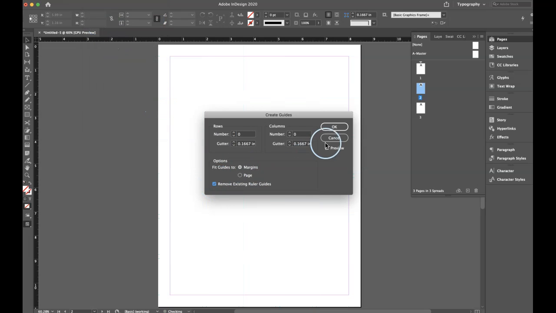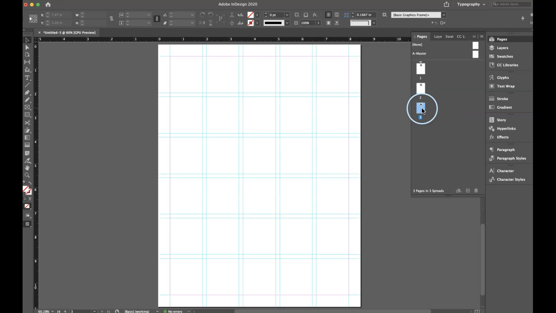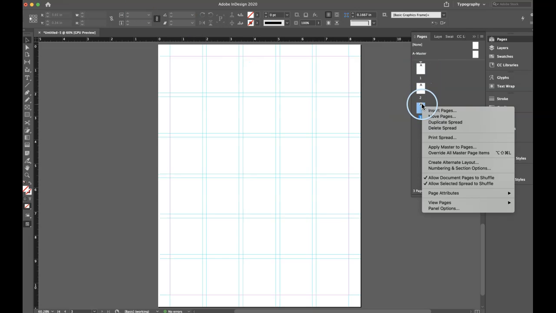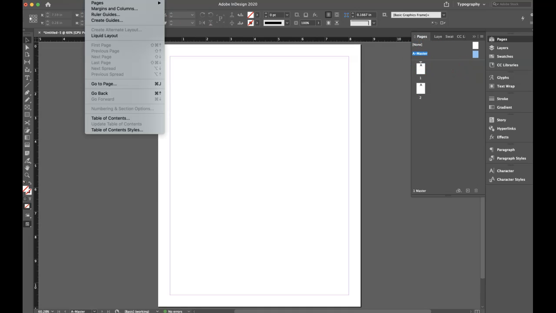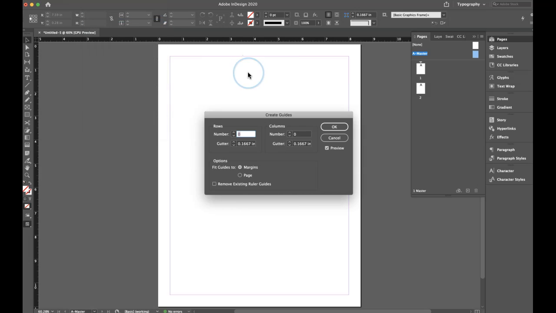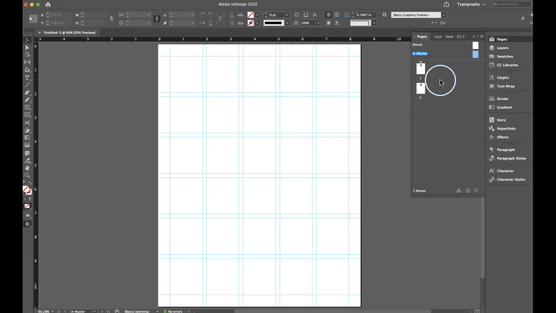You see there I click remove existing page guides. I deleted one page actually. Now I'm going to go up to a master, and I'm going to create 6 rows, 5 columns. And now, so I've put a grid on the A master, and since those 2 pages there, 1